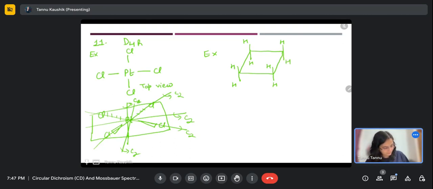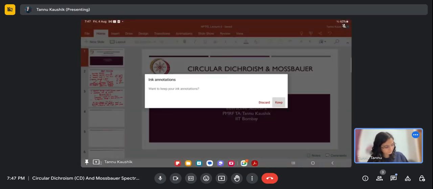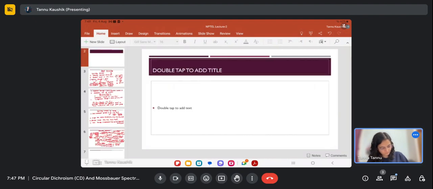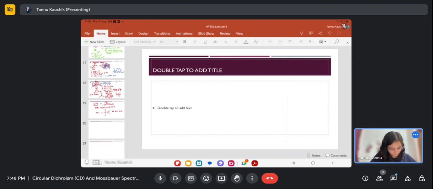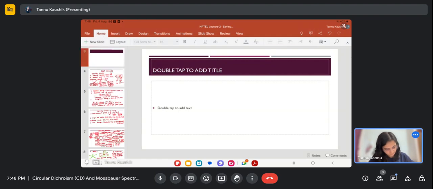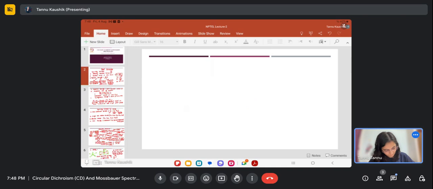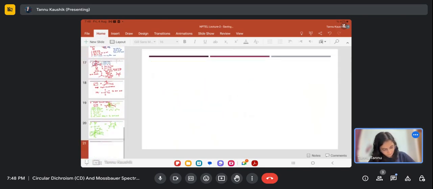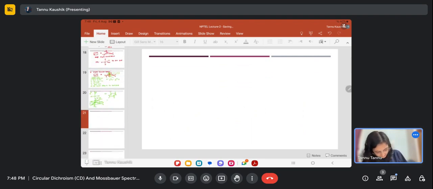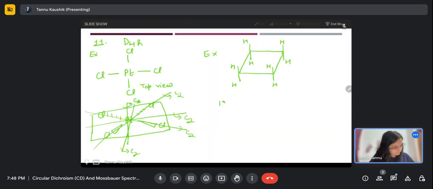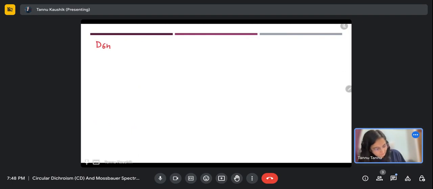Okay, and then a few examples of D6H point group are benzene, D5H, okay,